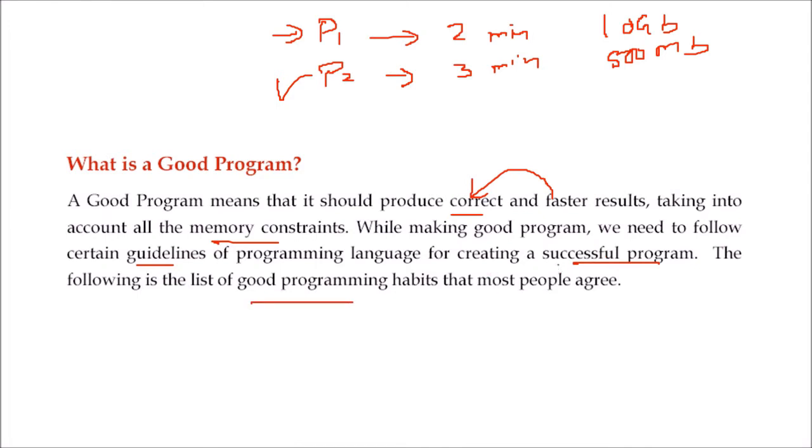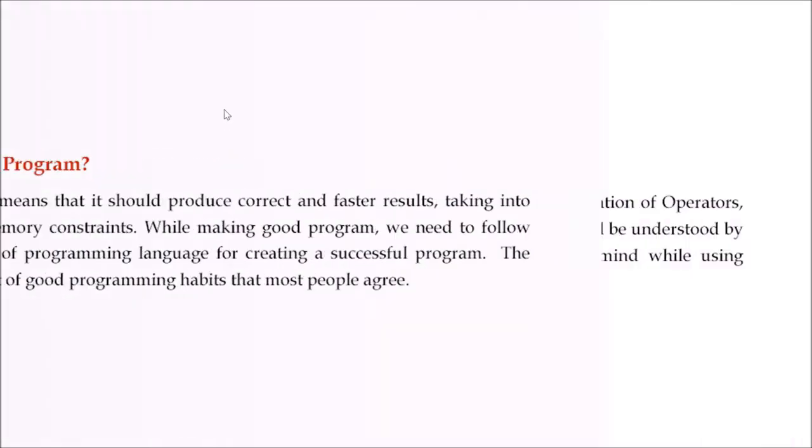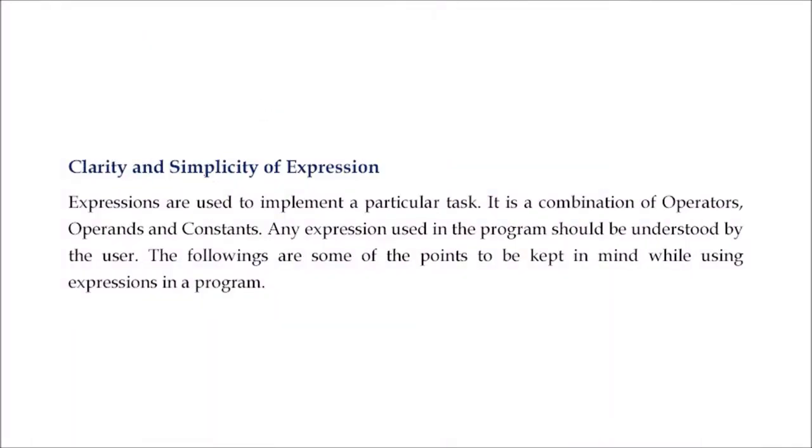Certain organizations are there, like ISO and the IEEE. They have formulated various guidelines and people are agreeing to it. So let us see. First is clarity and simplicity of expression. What it means is, whatever you write has to give a clear meaning. It should not be ambiguous. You will understand, the computer can understand. What about others? What about those who are going to maintain? If you are writing something ambiguous, then the program is going to fail sooner or later.